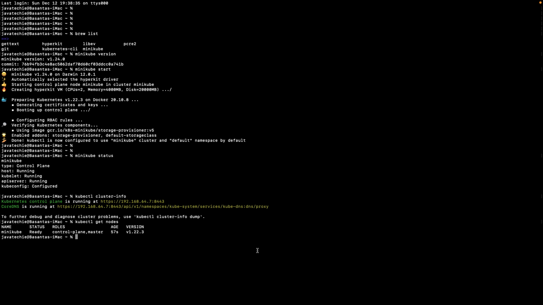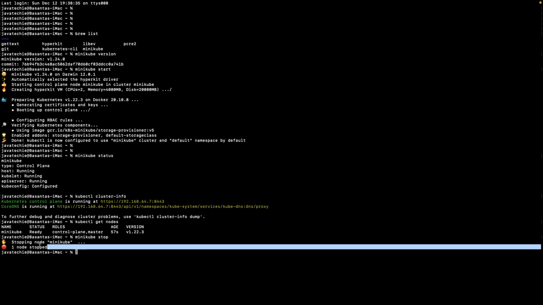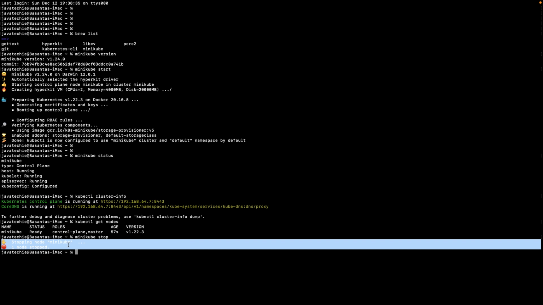As we know, this Minikube is already started on our machine. If you want to continue, you can use this Minikube directly. Otherwise, you can stop the cluster which is running through Minikube. To stop that, you just need to type the command minikube stop. It will stop the node which is running. So let me enter this. Stopping node minikube. You can see here, right? It will take a few seconds to stop the node. Yeah, you can see here one node stopped.